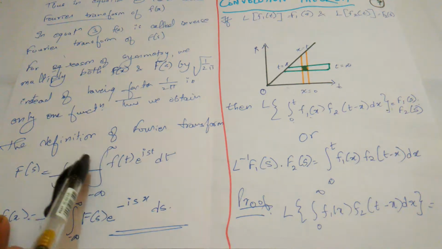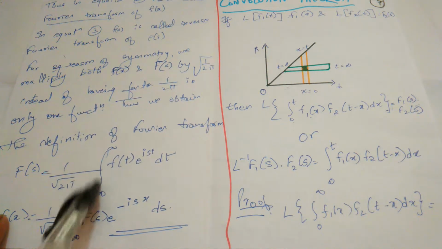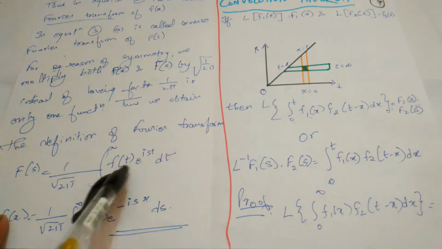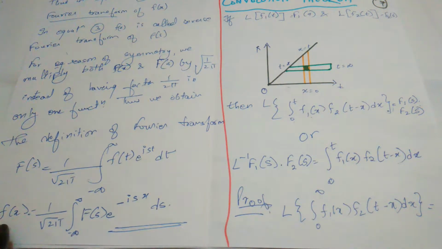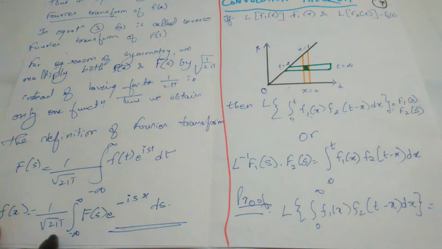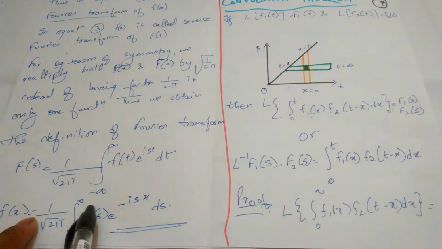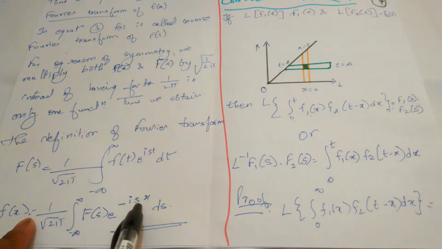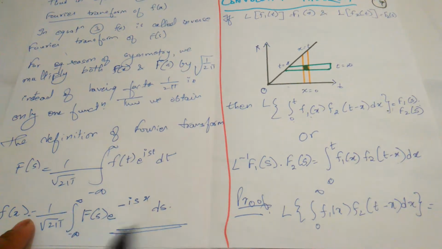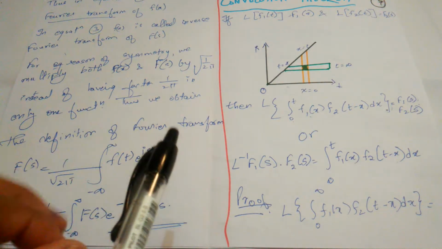Capital F of s is equal to 1 upon square root of 2 pi integral minus infinity to infinity f of t e raised to ist dt. Just see, and f of x is equal to 1 upon square root of 2 pi integral minus infinity to infinity capital F of s e raised to minus isx ds. So this we are going to use in today's topic, that is properties of